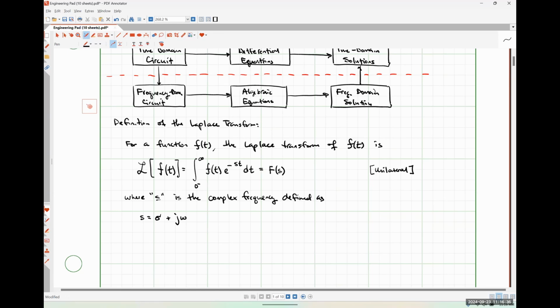Depending on the functional form of f of t, the Laplace transform integral may or may not converge to some finite value. If the integral does not converge, then we do not have a Laplace transform for that particular function. Okay. So to put it another way,